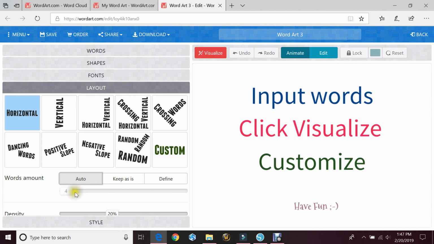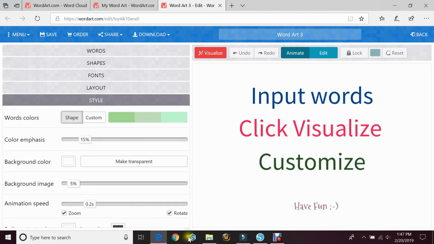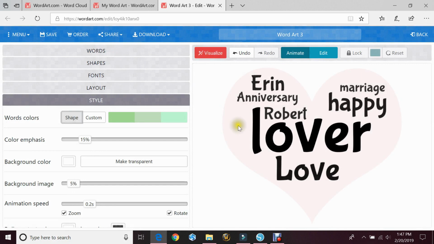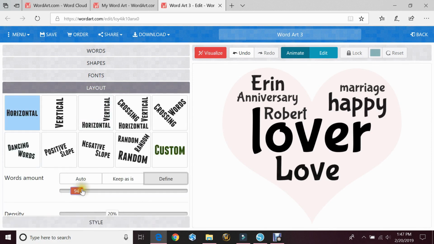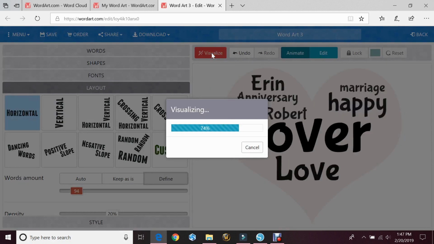And then you pick your word amounts. This is how many times you want it to run across. You can do define, and that way you can change it yourself. And then style, if you wanted the transparent background, all of that stuff, we'll just keep ours normal. And then you want to hit visualize, and that will create it. So this one obviously needs more words, so we'll just change it